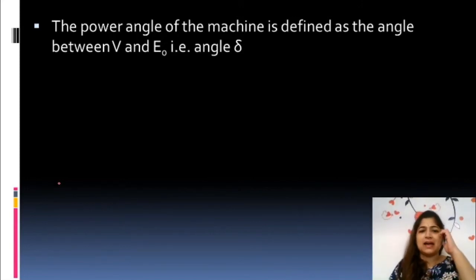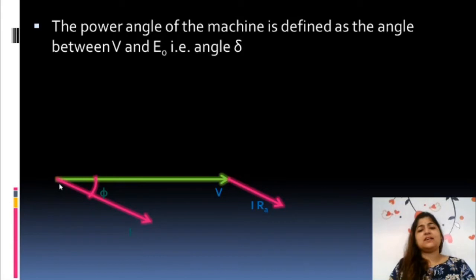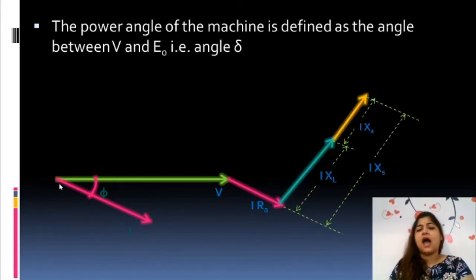अब पावर एंगल निकालने के लिए वैसे देखा जाए तो एक फॉर्मूला मैं आपको बता दूंगी, बट आपको याद नहीं रहेगा until and unless आप समझो पहले कि ये कैसे निकाला है. ठीक है, तो मैं उसके लिए एक बार फेजर डायग्राम रिवाइज कराऊंगी आपका. V is the voltage drawn. I is current which is lagging voltage by some angle phi. यहाँ पे 0.8 पावर फैक्टर है, उसके हिसाब से आप देख लो 36.86 होता है. ठीक है, then IARA is the vector which is in phase with I, but we draw it from V. IAXS is the vector which is 90 degree to I, that is 90 degree to IARA also.